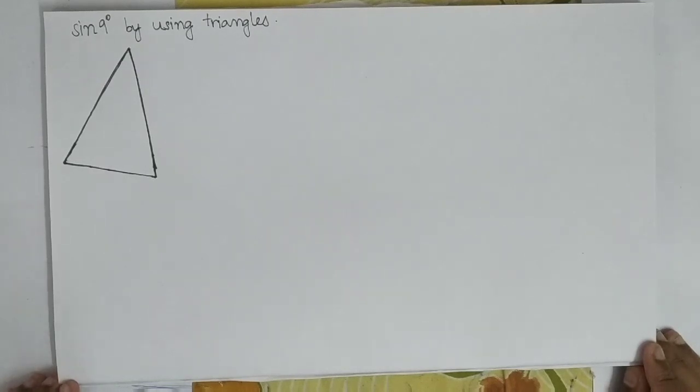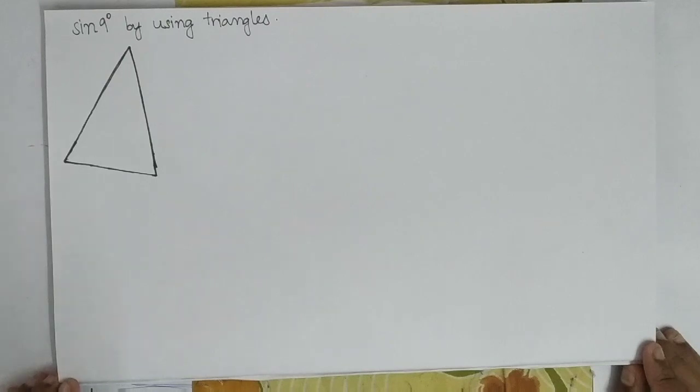So here in this video I am going to find out the value of sine 9 degree by using just triangles. In my first video I had found out the value of sine of 22.5 degree by using the same concept. Now many would ask why I am using just triangles. I am doing this because trigonometry originated with problems of triangles, and I want to show how even the most complex values in trigonometry are linked to their triangles. That is the simplest part with their origins. So anyways, let's start with the problem.